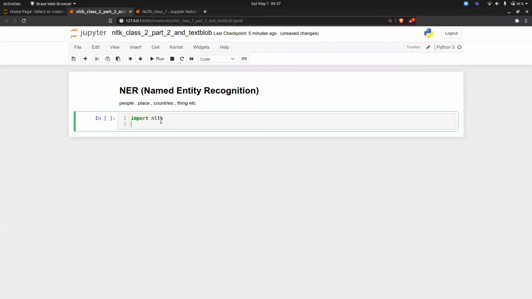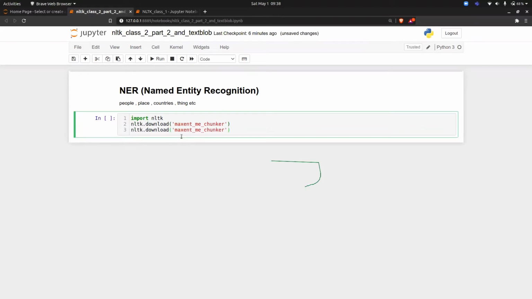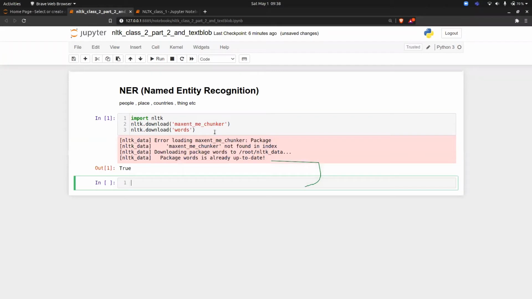The first one is nltk.download, there's something called maxent_ne_chunker. This is the first thing that you have to download, and the second thing you have to download is the words. Okay, these two things you have to download.